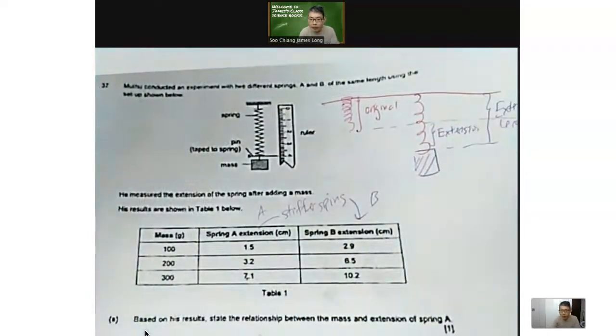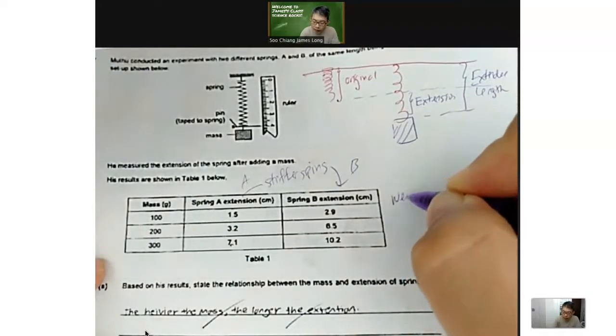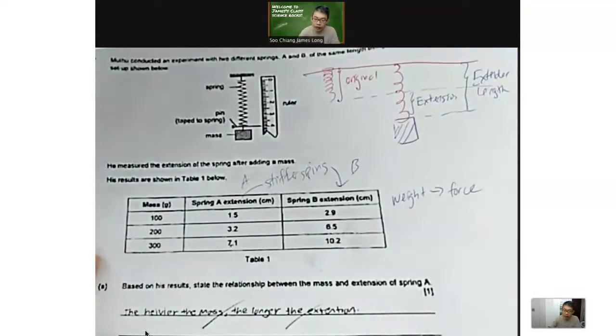Stiffer spring means it requires more force to compress it or more force to stretch it. Stiffer spring also means if it is compressed, it stores more elastic potential energy. Notice the difference between forces and energy. Don't confuse these two. Now, when you talk about weight, it is about force, because weight is the gravitational force